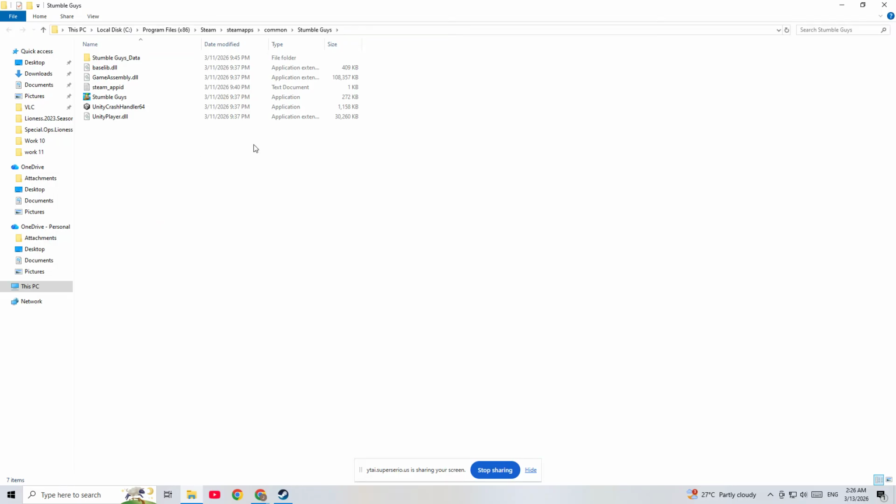Now that you are inside the game files, you need to look for a specific folder named EasyAntiCheat. This is usually located near the top level of the game's directory, though in some games it might be nested inside a folder called Binaries or Win64. Once you find the EasyAntiCheat folder, double-click to open it. Inside this folder, you are looking for an application called EasyAntiCheat.setup.exe. Go ahead and right-click this file and select Run as Administrator to ensure it has the necessary permissions to